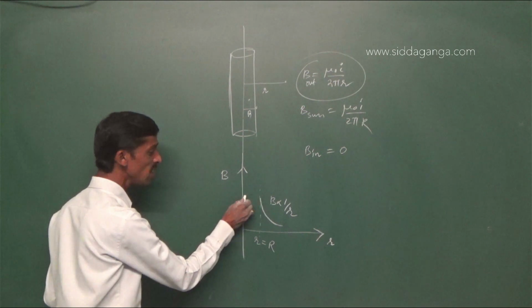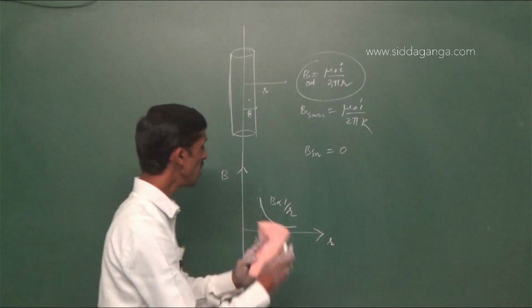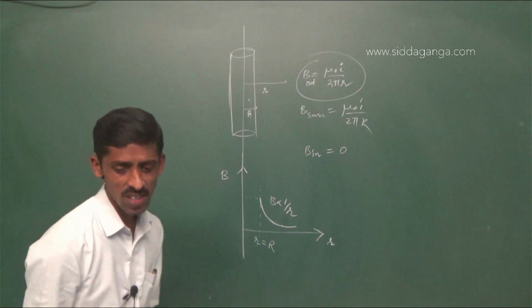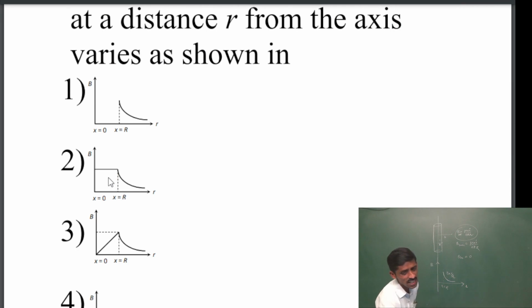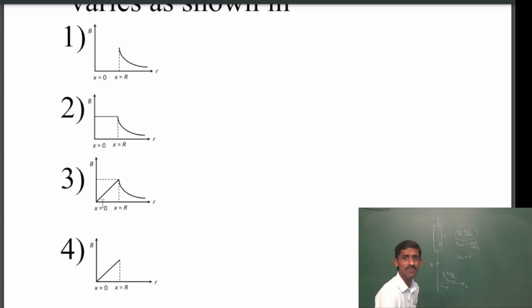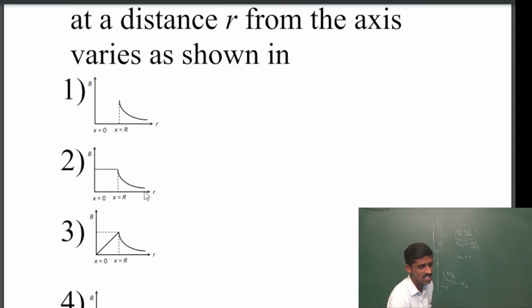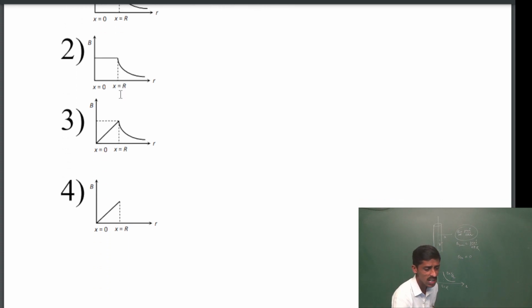So here it will be 0, dotted line. But for a point outside, B is mu naught I by 2 pi r, that is, B varies inversely with the distance. So the nature of the graph, you can see the 4 graphs. The second graph is a straight line, meaning the field is constant and non-zero. The third is a non-conductor, an insulating cylinder, so the third option is not correct. So as per our explanation, the correct answer is the first option. So inside the field value is 0, outside it is varying inversely with the distance.